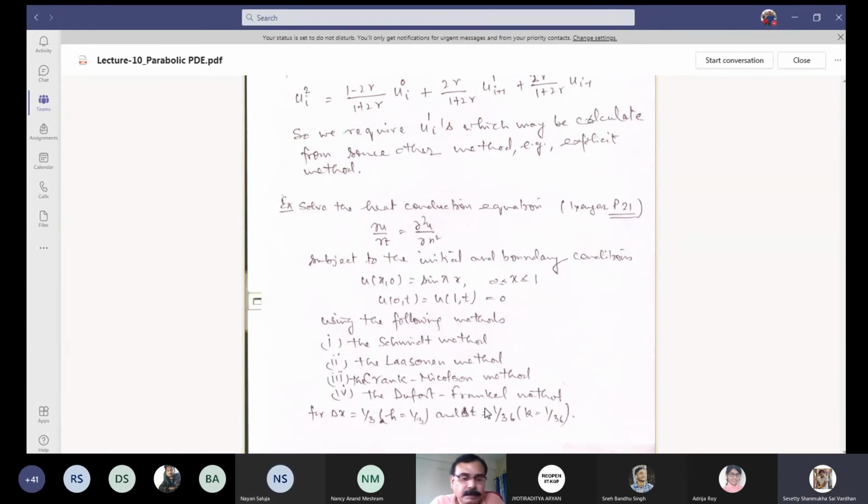Sir, in the class today, for the first method, we solved a question where you told us to take the average of the initial and boundary value problem. There we took delta x to be 4. You can change that, but the number of equations will increase, since with delta x equal to 4, there are 4 equations in the picture.